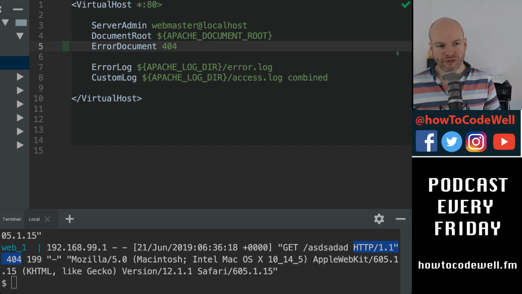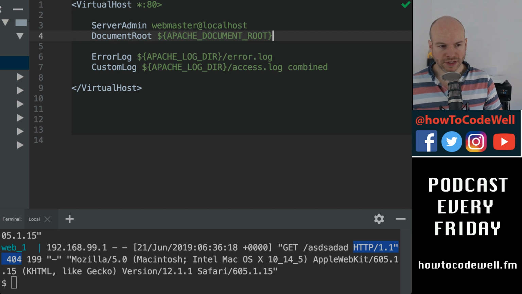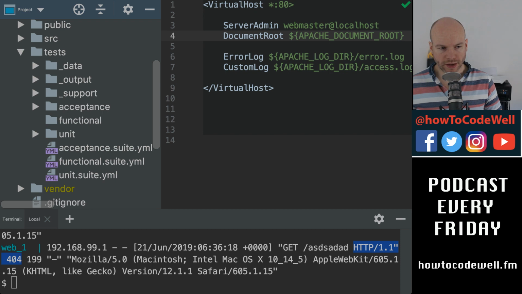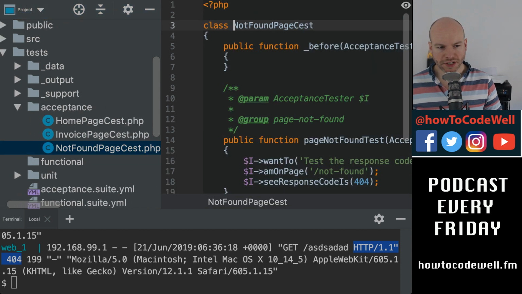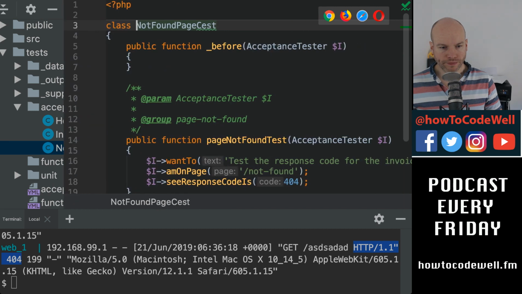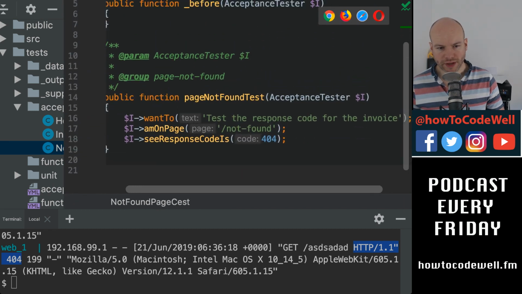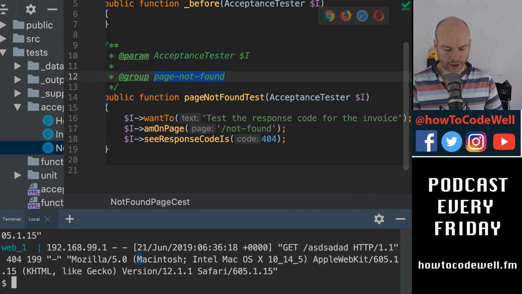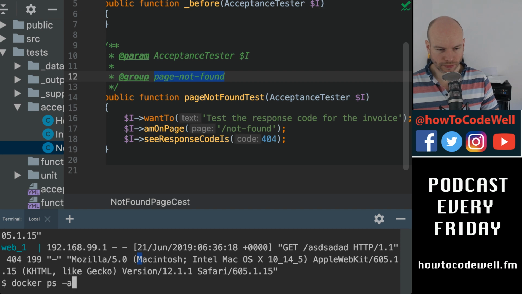In fact, what I'm going to do before I even do this, sorry, I apologize, is write an acceptance test just to make sure that we have something that does test that this works. So I'm going to do acceptance tests and then not found page test. Here we've got this not found thing, and if I ran this as a group, so if I did run acceptance -g page